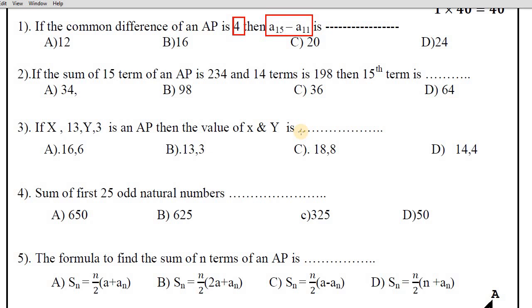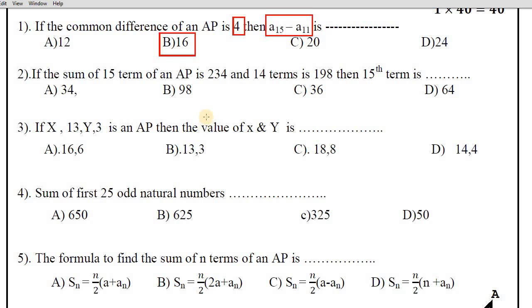A and minus A get cancelled and we'll get 14D minus 10D. So subtract 10D from 14D, we get 4D. So D value is given 4. So as we multiply 4 in the place of D, 4 into 4, we get 16. Hence for this question, the right answer is option B.